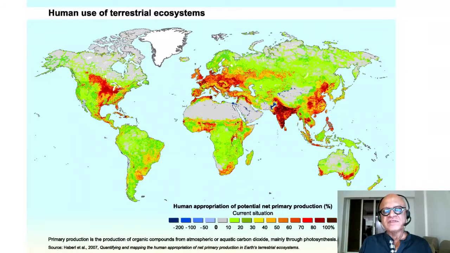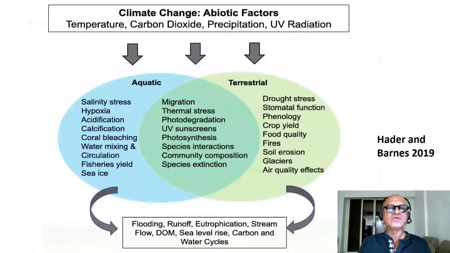What does it mean? Obviously, we have to try to manage those as well when we talk about enhancing natural sinks of carbon in soils and vegetation. We have to touch a little bit on abiotic factors in climate change like temperature, carbon dioxide, precipitation, and UV radiation and the impacts. Aquatically speaking, there is salinity stress, hypoxia, which is a loss of oxygen and suffocating marine ecosystems,